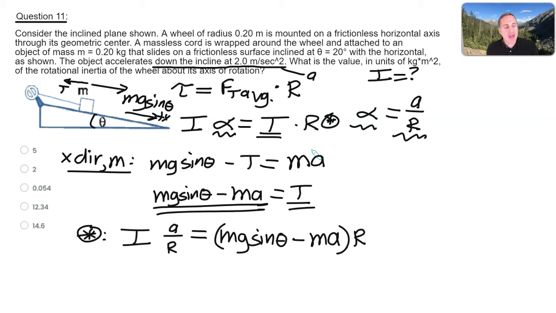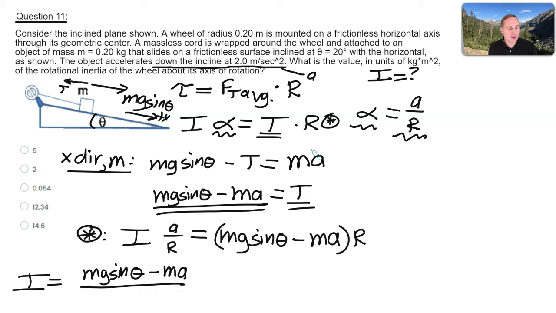Okay, and then I think what we need to do is multiply by the radius r and divide by the acceleration a. So that means I, the rotational inertia, would be mg sine theta minus ma